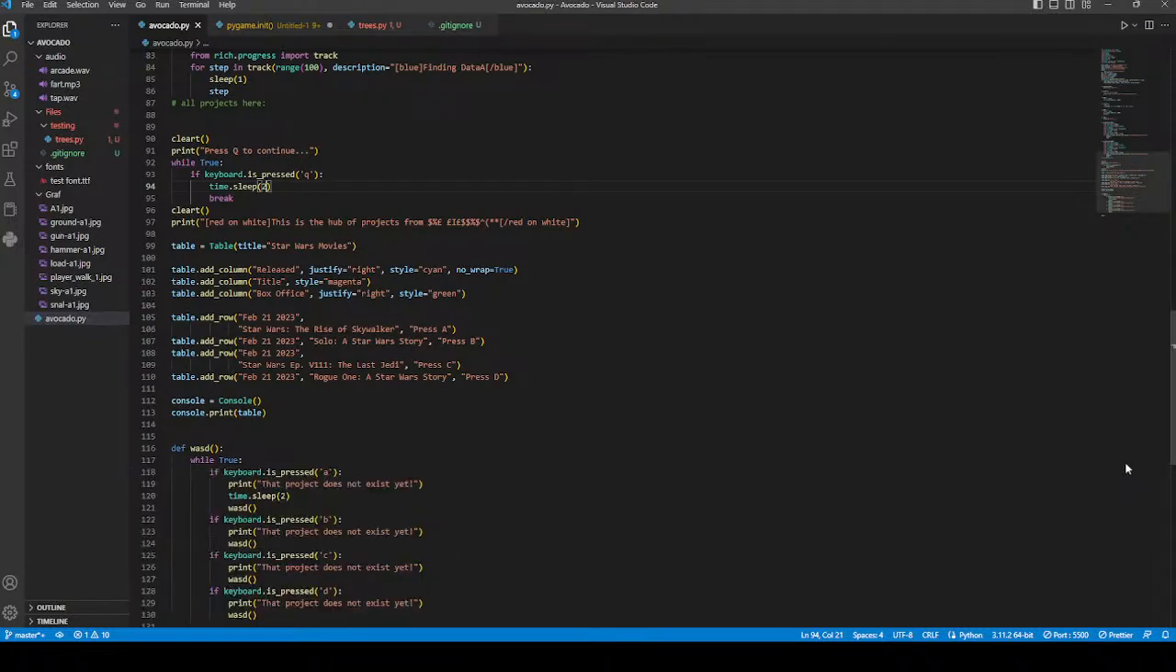Oh yeah, and once it's closed, we are going to, what are we going to do? Right, so